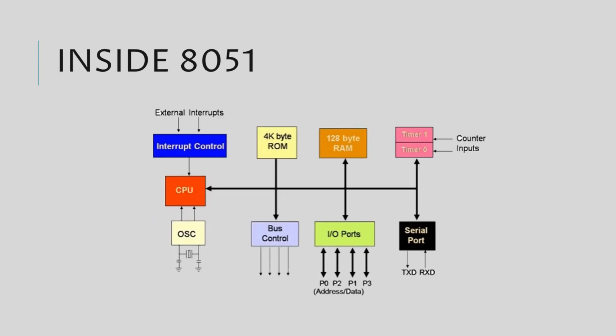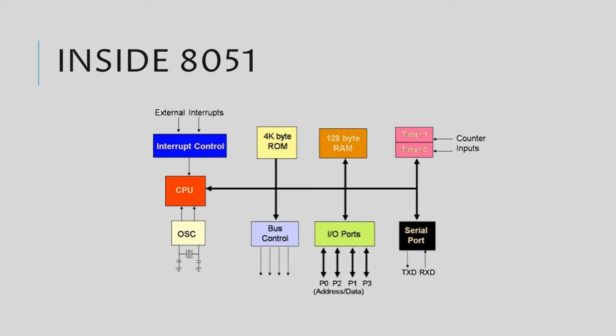If you look inside 8051, you will find there are different segments. Like the main CPU is connected to ROM. ROM is often called as program memory. The size of ROM here is 4 kilobytes, then 128 bytes of RAM. There are two timers, two 16-bit timers. One serial port which is used to send and receive serial data. There are 4 input output ports, and each port has 8 input output lines. The port names are P0, P2, P1, P3. I'll show you the pin diagram when it is required.